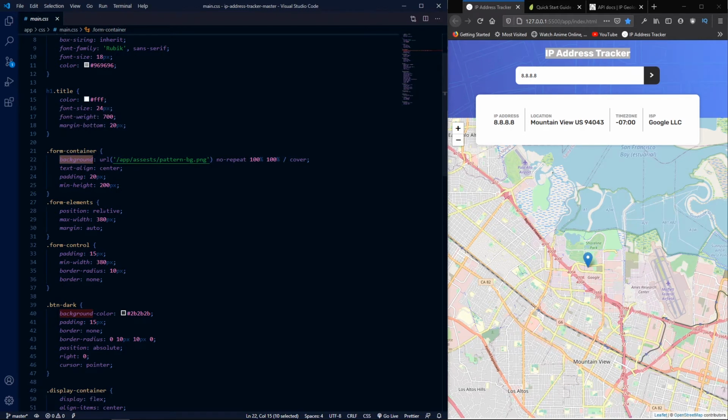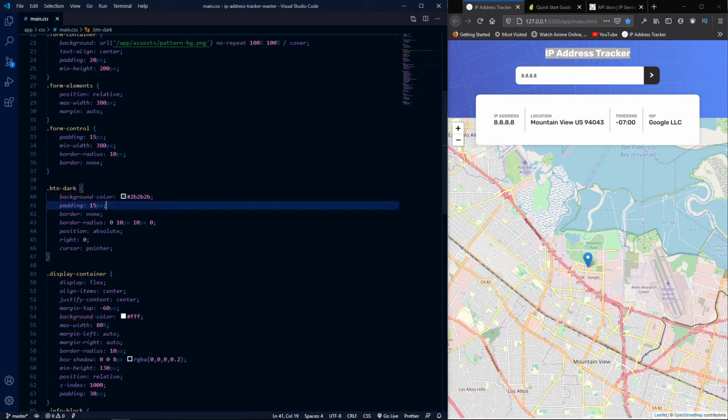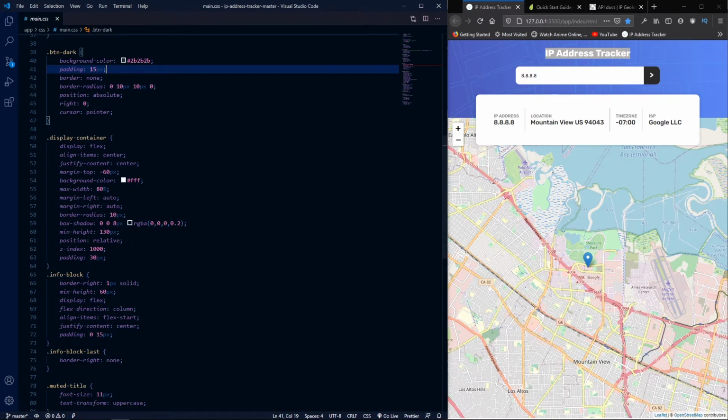And then anything I need to point out to you guys is over here, display container, which is this guy over here. So as you guys see, I use flex, and then I just align my item center, justify content center, margin top -60 to do that overlap over there. Then I give it a width of 80%, as you guys can see,